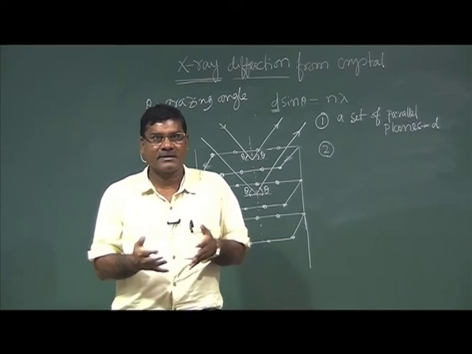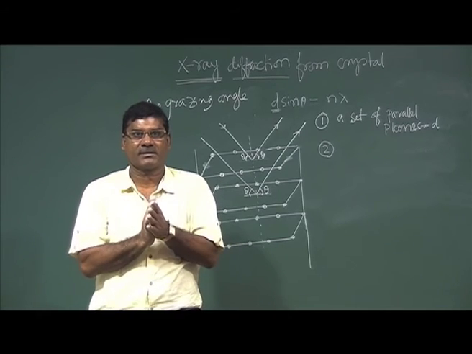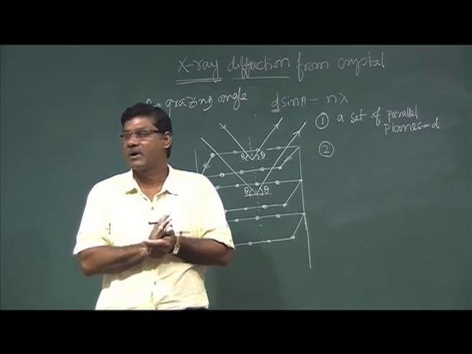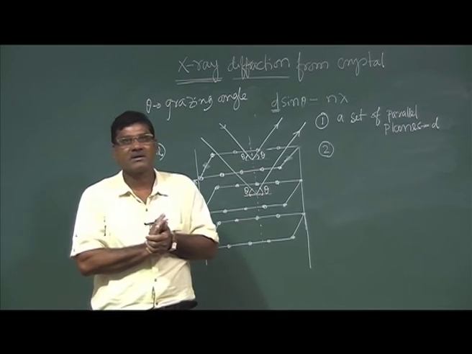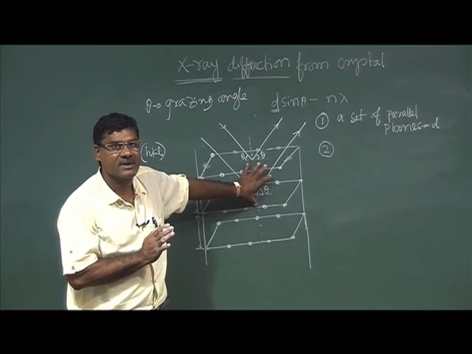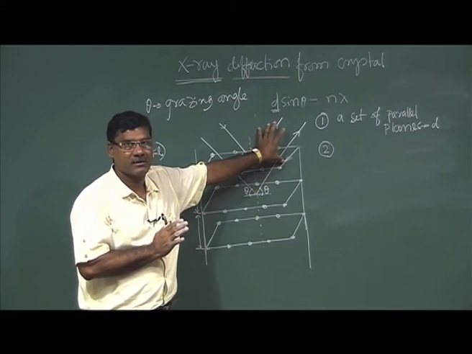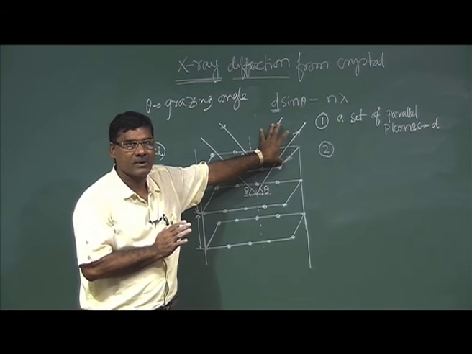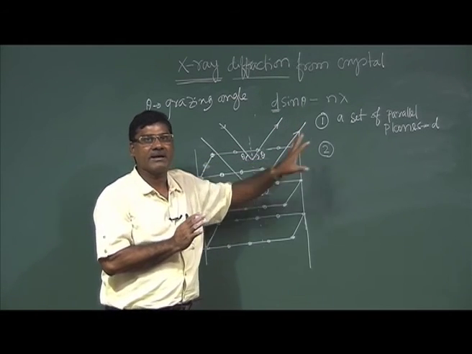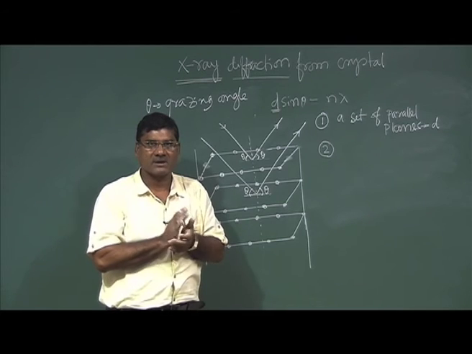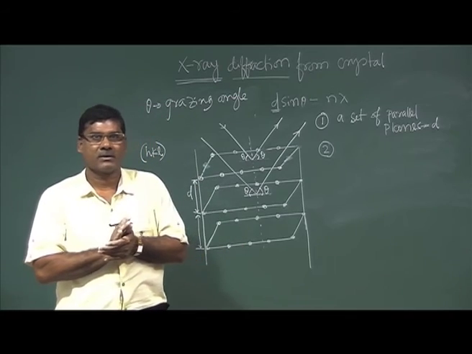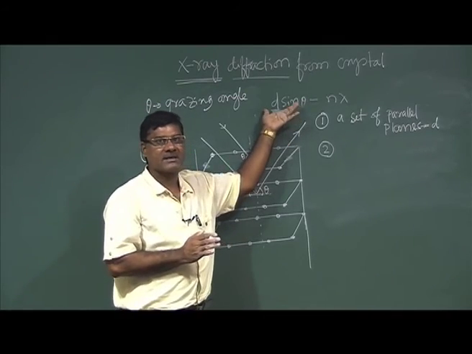There is no guarantee that when the rays interfere you will get constructive interference. There may be destructive interference. It depends on the path difference or phase difference. Here it is fixed that it will reflect in such a way that these reflected rays will interfere constructively. That is the main assumption. That is why I told you this is a model.